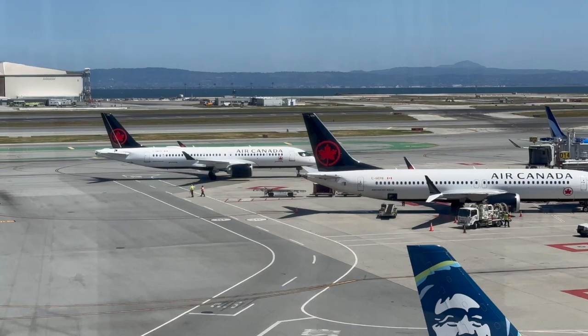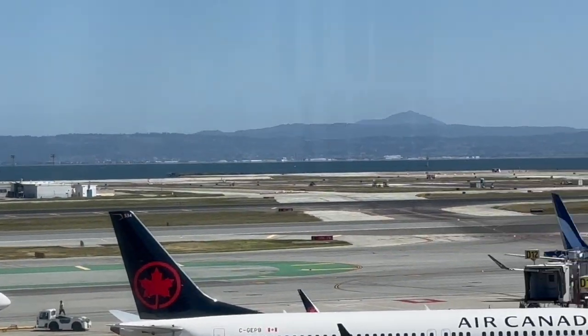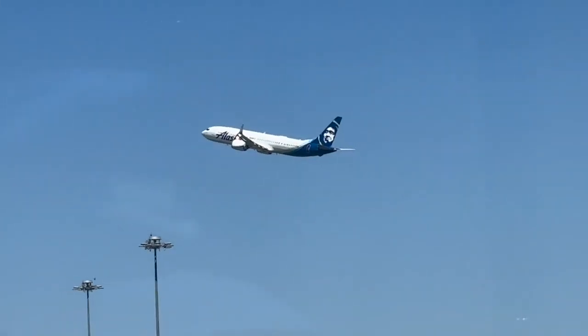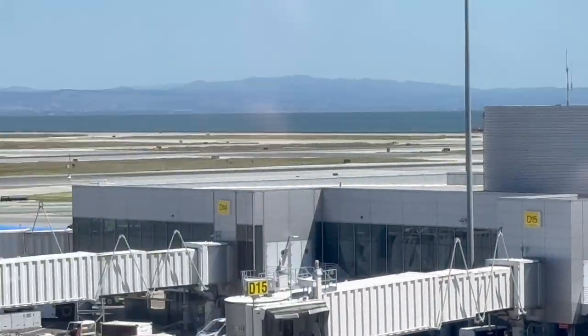Busy operations are here at SFO as of late. So far, we have this Air Canada A220 that just pushed back out of gate Delta 2. We got a United Max 9 taking off right there. Sorry for the focus if it's like that. There she is right there. There we go, should turn out okay. We got a United E175 right there. United's heading out, and